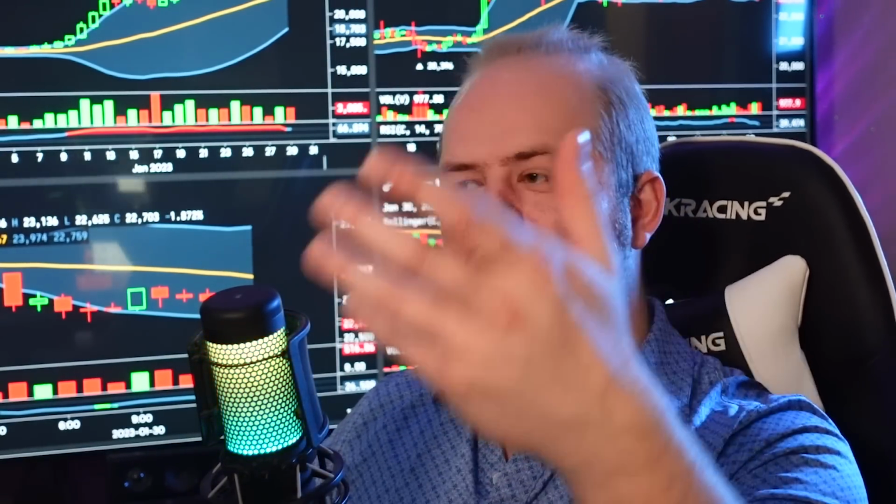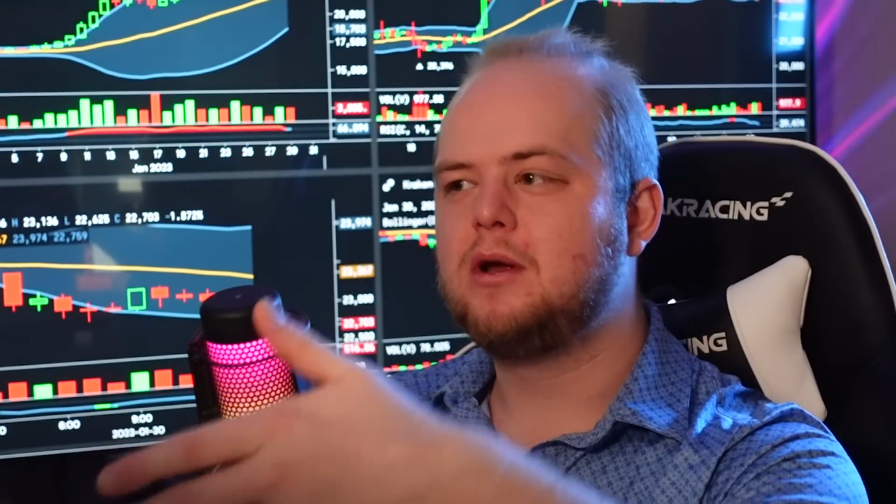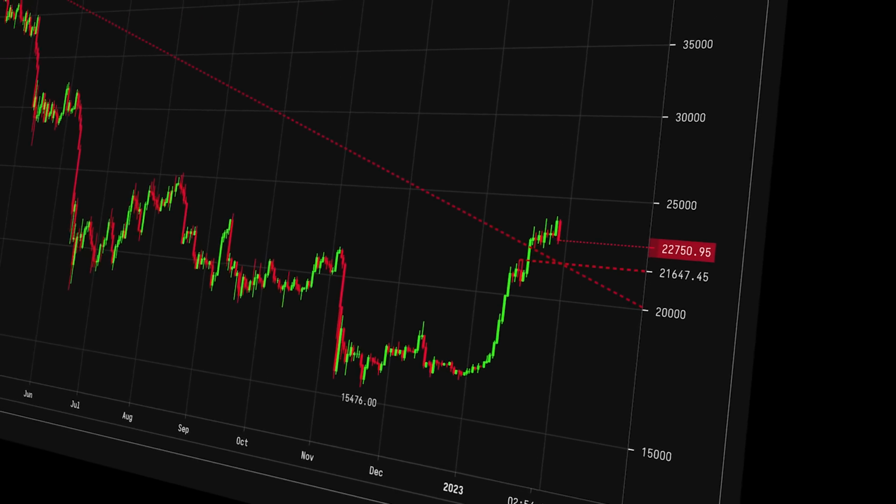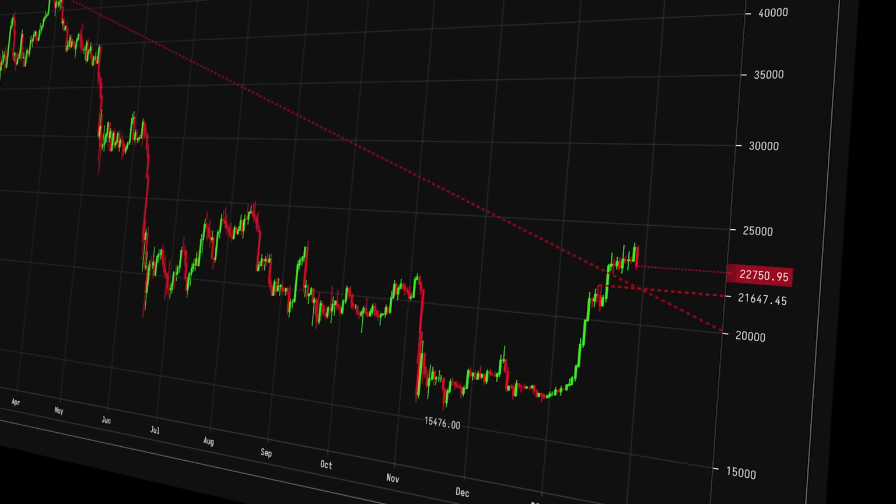I'm still generally bullish on the trend here as long as we're flipping that previous macro resistance into new support. If we end up failing to hold and we fall below, that's when things change. That's when my idea of this bullish trend shift becomes invalidated, right? So we have to hold that resistance as new support, and that's really as simple as it has to be,